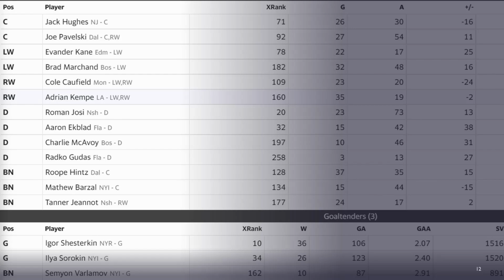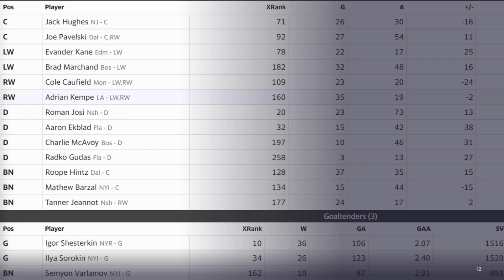When there is scarcity at a position or a category and you have 2 to 4 of those guys on your roster, it becomes almost impossible for anybody else to challenge you in those categories or for those positions. I mentioned this in my wingers versus centers video and basically came to the same conclusion about goal scoring wingers. There's only about 7 or 8 of those 40 goal pace wingers in the league, and if you have 3 or 4 of them, unless somebody else has Matthews and a great supporting cast, they're not going to be able to touch you in goals. And the same thing could be said here for my goaltending, especially with that save percentage that I mentioned before, an average of about .930, .925 amongst all 3 of them.